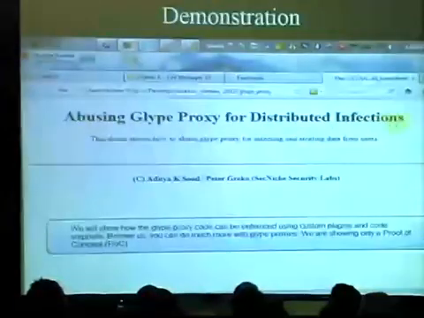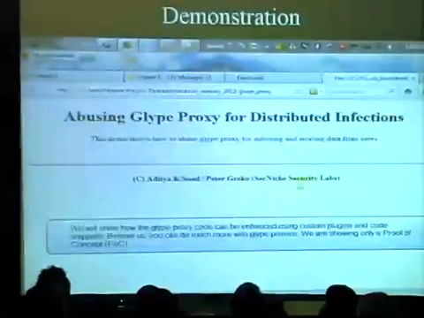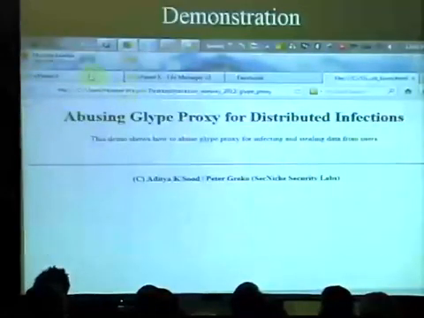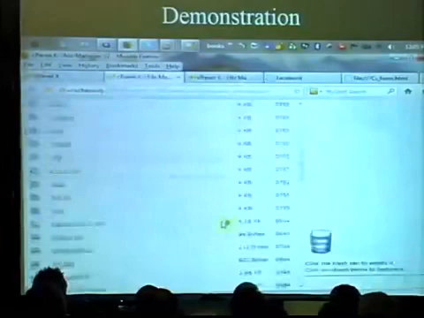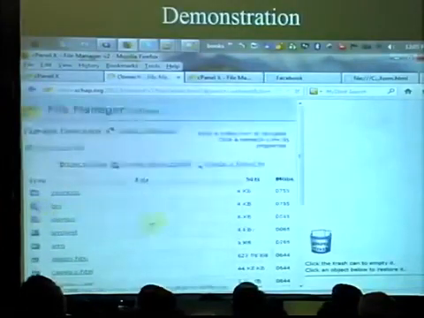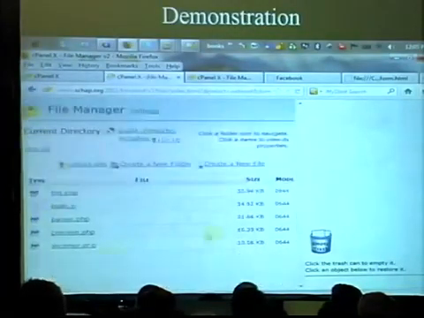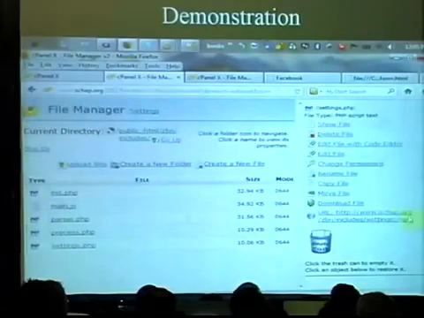So this demo gives you an idea how it works. The study that I was discussing, the Sense one, also released a lot of information on how insecure these Glype proxies are. If you go on the internet and try some Google dorking and some brute forcing, you will easily get access to Glype proxies that are available on the internet. And another fact is that